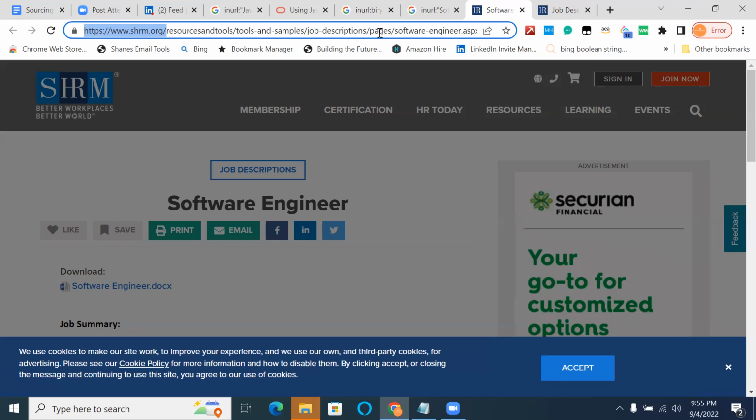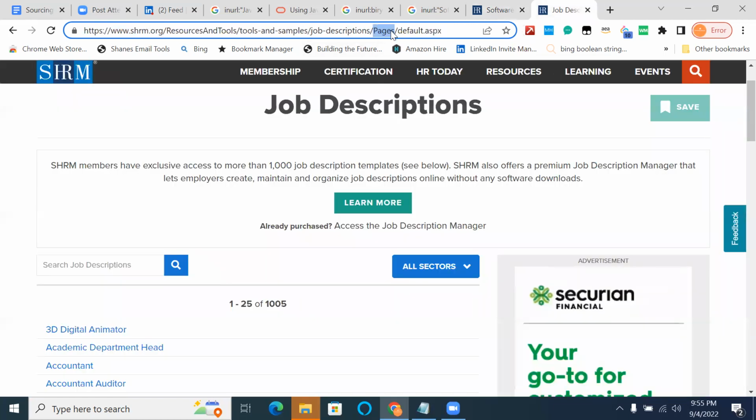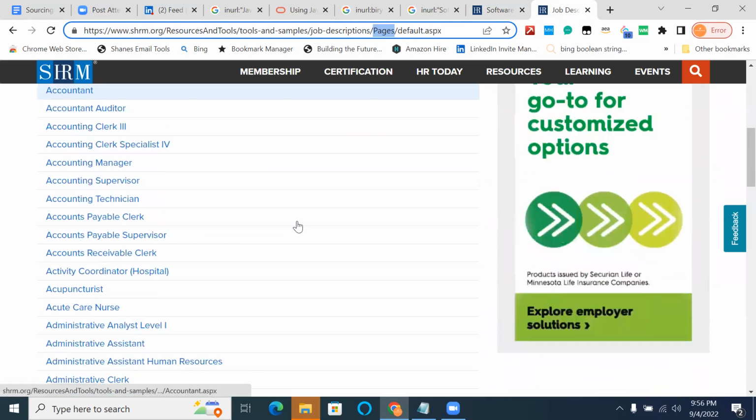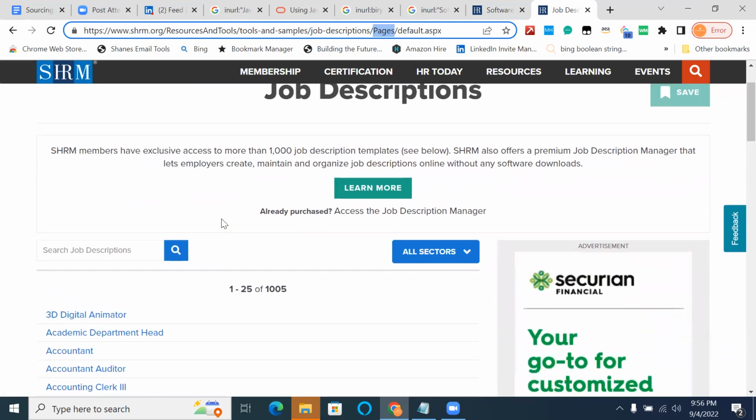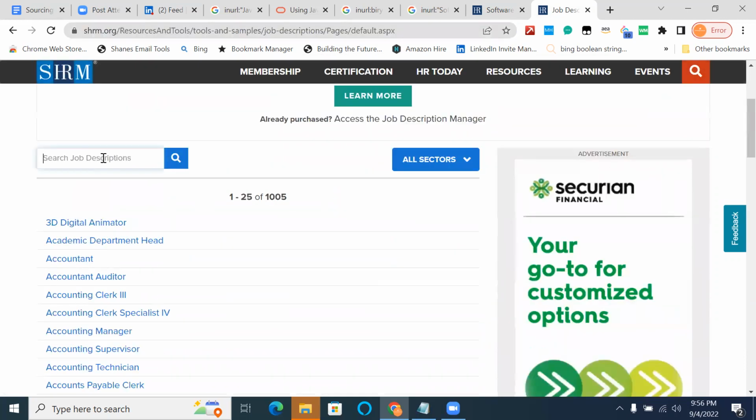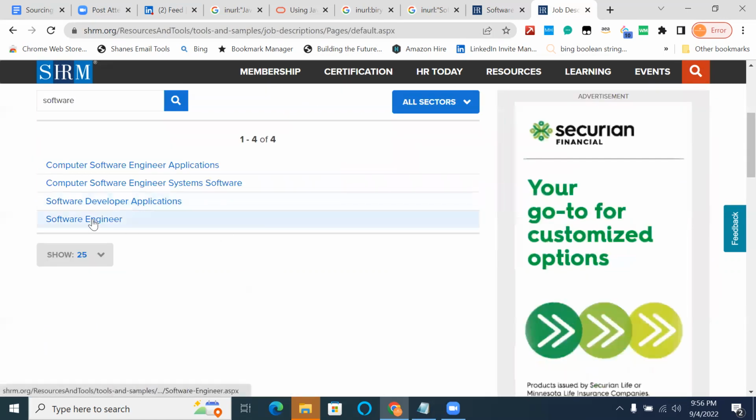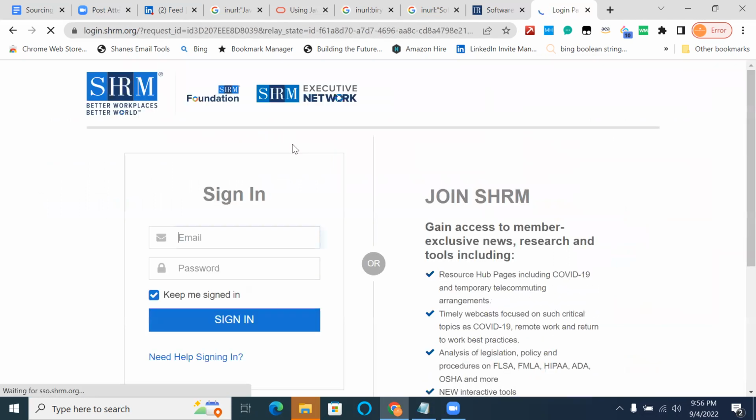Now here, job description pages, software engineer here. And what else do we have? Job descriptions pages. Under these job descriptions, we have 1000+ pages. Now I just click on this particular page. It's asking to log in, but in a URL search it sometimes overrides the admin access also. Now you see, in this case, it's overriding the admin access.